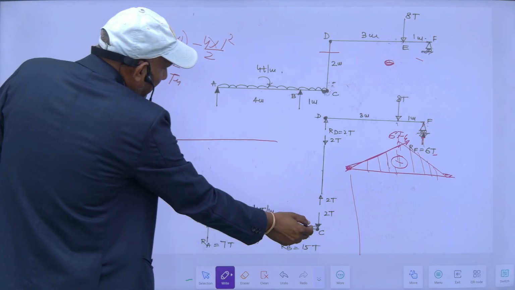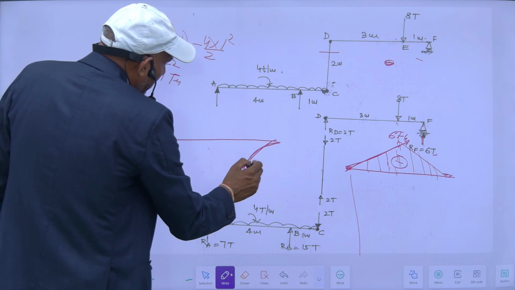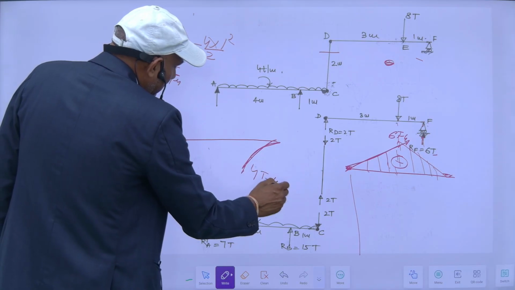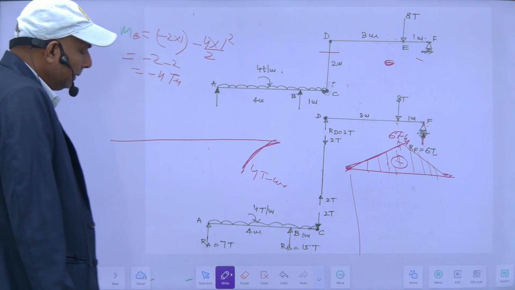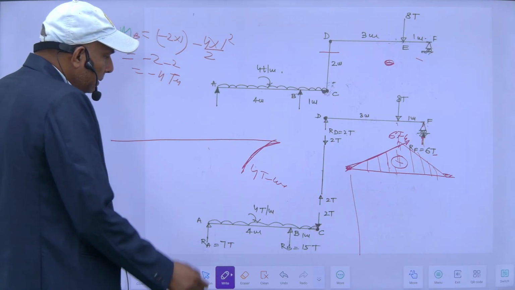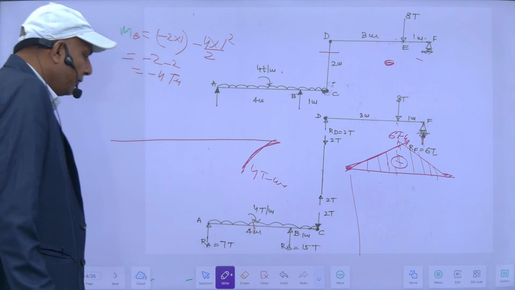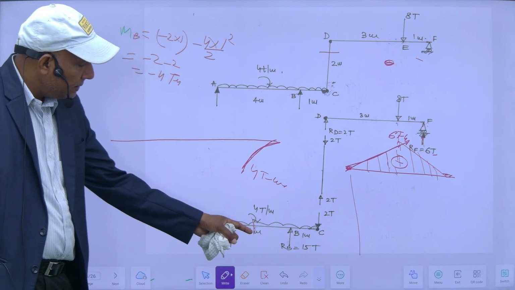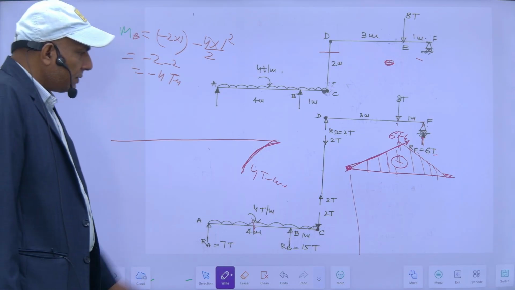So this will be like this, due to parabola, it will be parabolic, 4 ton meter. There will be a maximum moment somewhere where shear force will be 0. So if I draw its shear force diagram, it will be